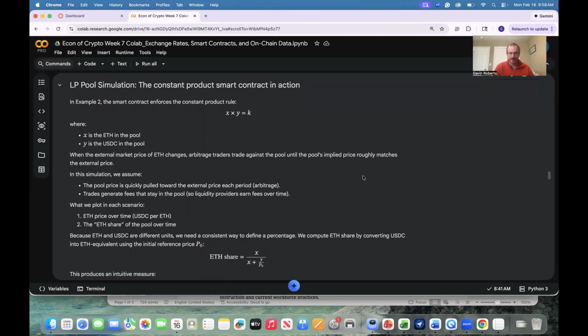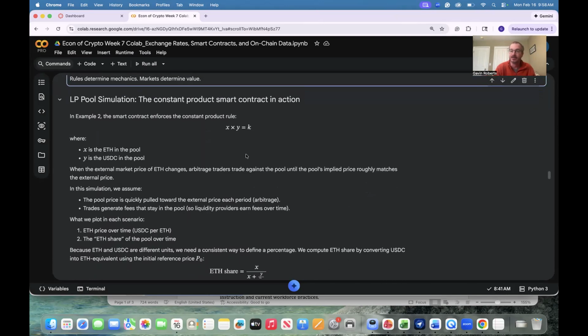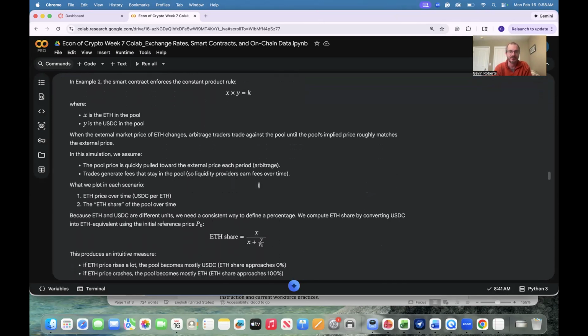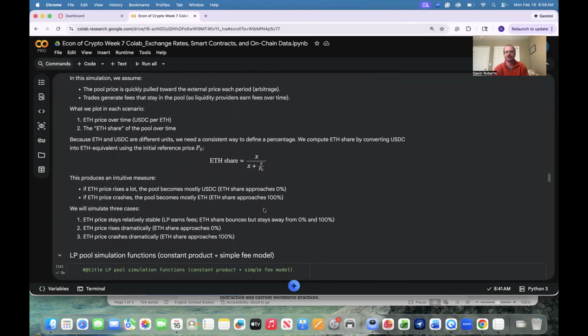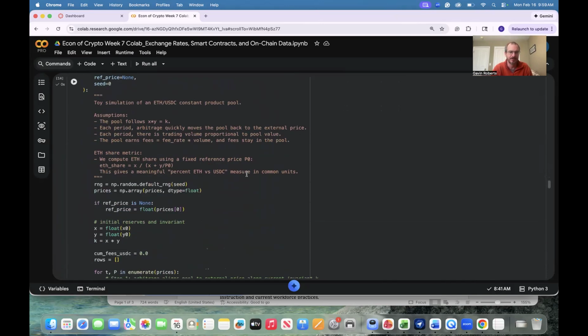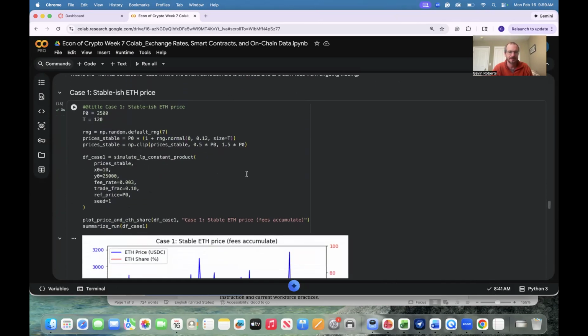So then I did a little simulation here for the LP. This is example two. We can think about different things that might happen. I'll have you guys read through this. We had to make some assumptions here, but in that example again, we put US dollar coins and Ethereum coins in a pool. That's what the liquidity provider is to do. I wanted to show you through a simulation what happens to this pool with major price movements, and what happens to the proportion of Ethereum and US dollar coins in the pool as those happen. So we can make some graphs here.